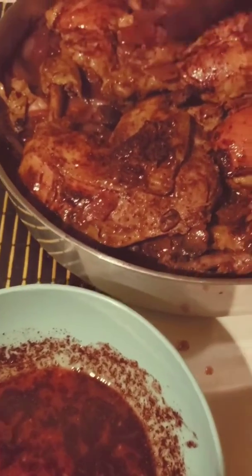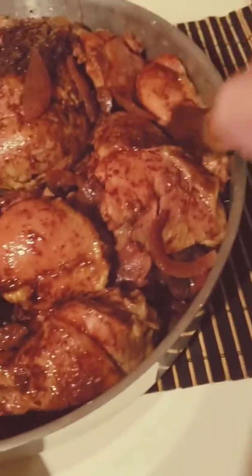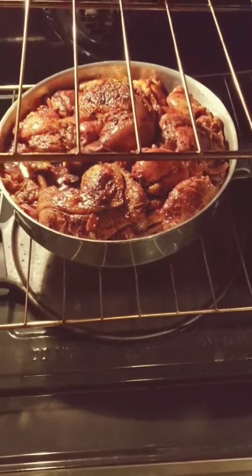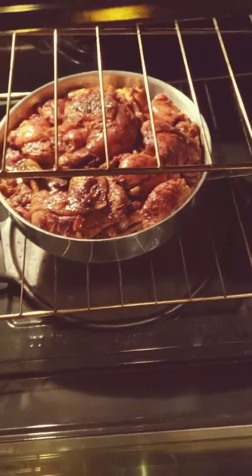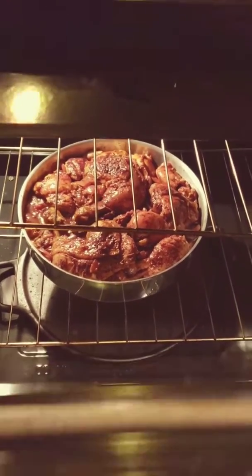When we put it in the oven, we don't even cover it like usually, you know, when we cook something in the oven, we put foil on top. We don't do this because everything here is cooked. We just put it in the oven to give it flavor, you know. So my oven still, no, actually I will put it down here as you see. 20 minutes, maybe even 30 minutes, I will see, depends how I feel, and then I will start broiling it, so I'll give color for the